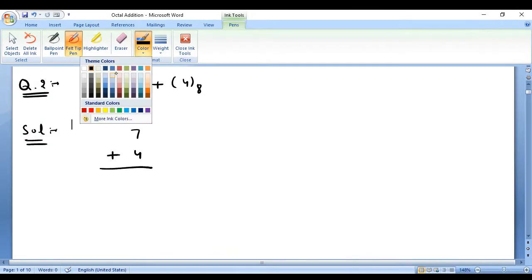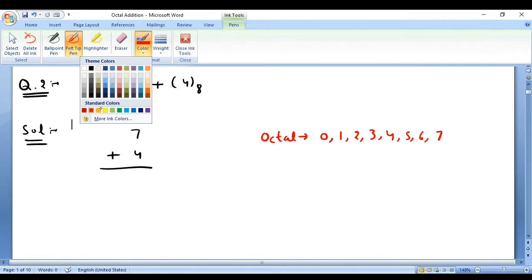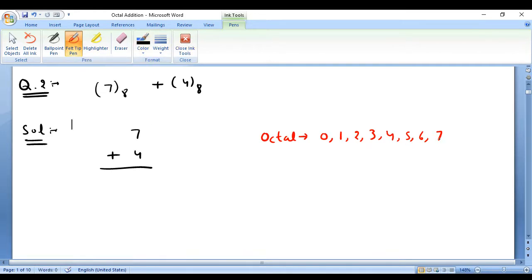As per the definition of octal, we have already studied the octal system. So if somebody doesn't have the idea, they can see the recording of the previous lectures. So the octal number system starts from 0 and moves all the way to 7, right? So 0, 1, 2, 3 and up till 7, maximum value is 7, right? Now because we have to add 4 into 7, and this is the last value, because after 7 there is no number and we have to add something in this, after 7 we will again start counting from 0 itself, right?